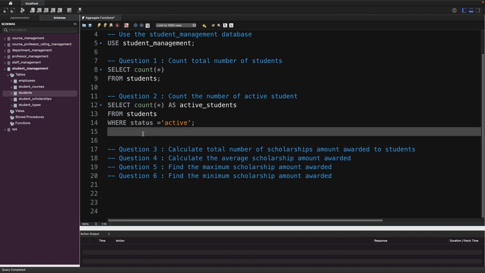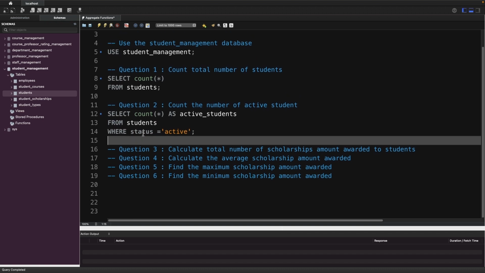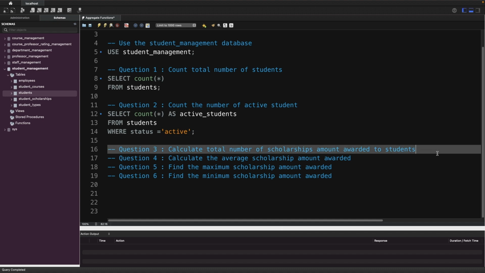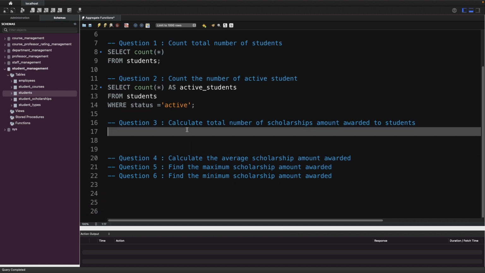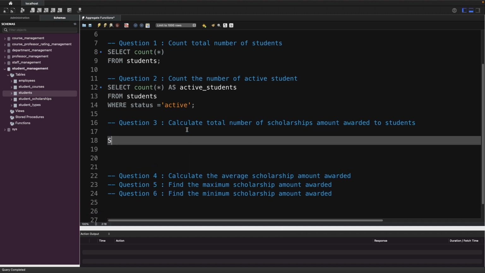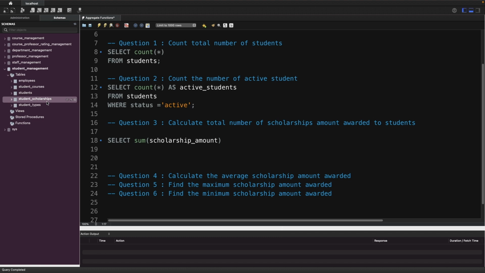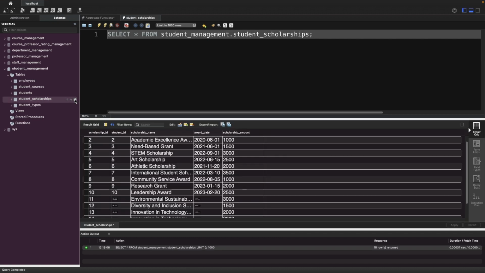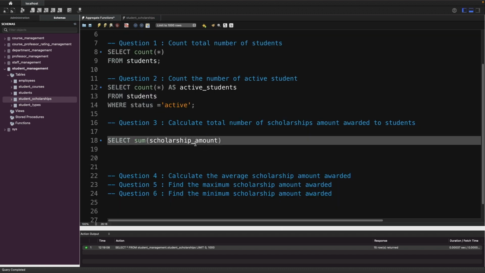Now we're going to solve question number 3. In question number 3, you're going to calculate the total scholarship amount awarded to the students. Okay, here we are going to use the sum. I'm going to say select, and after that sum of scholarship amount. Let's see where that scholarship is, in a different table. So this is your scholarship ID, student ID, and this is scholarship amount. I'm going to say scholarship amount